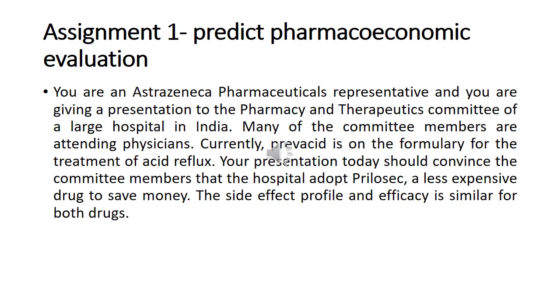Now, as we come to the end of the chapter on pharmacoeconomics, I request you to go through slide numbers 9 and 10, wherein two assignments are given. After you read them thoroughly, you are supposed to predict what type of pharmacoeconomic evaluation is required for the two cases. Whatever your answer is, you are expected to submit it through a Google link. The link address is given on slide number 11. Please complete the assignments and submit them.